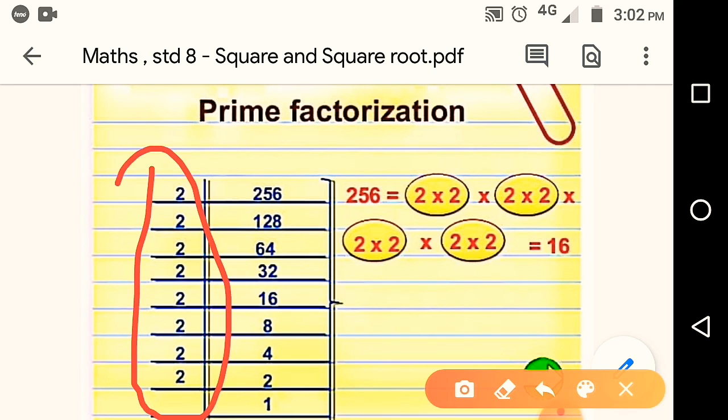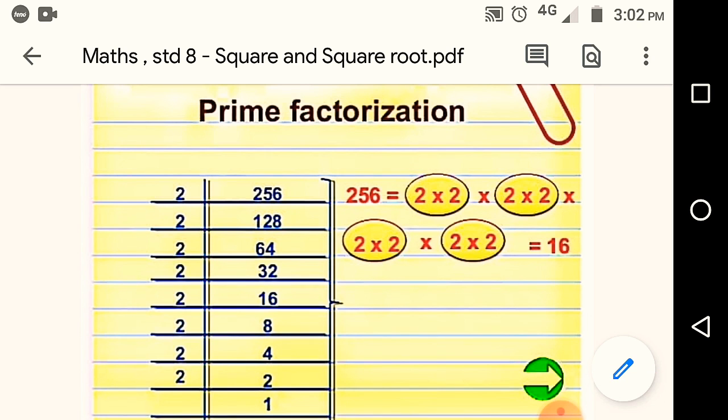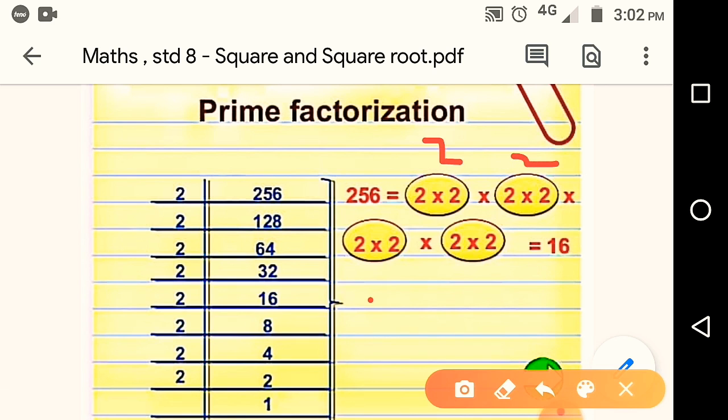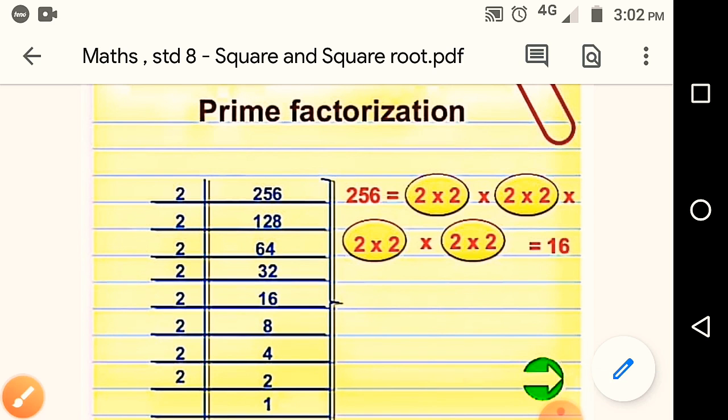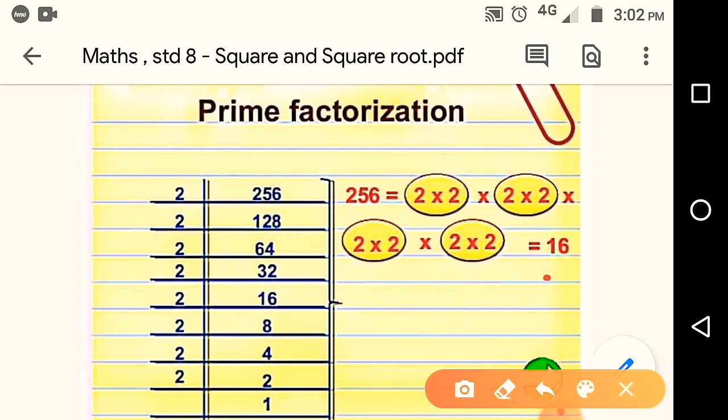We will take out all the factors by this method, prime factorization, and then we will write all factors over here. We will make 2 pairing. So this both is one pair, then this both is a second pair. This way we will make pairing, and out of that pair we have to take only one number. So this is 1 time 2, here second time 2, here third time 2, here fourth time 2. So 2 into 2, 2 2 za 4, 4 2 za 8, and 8 2 za 16. So 16 is the answer. So 256 is the square of 16.